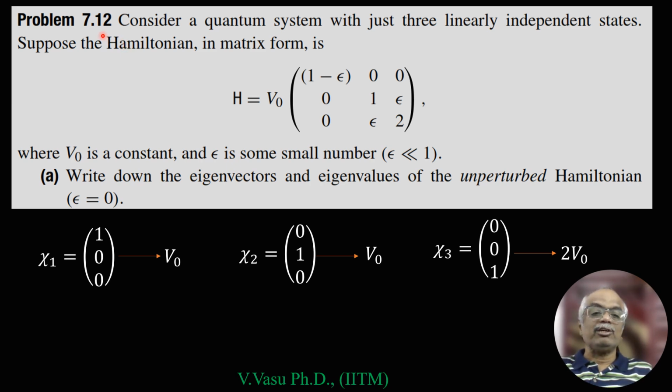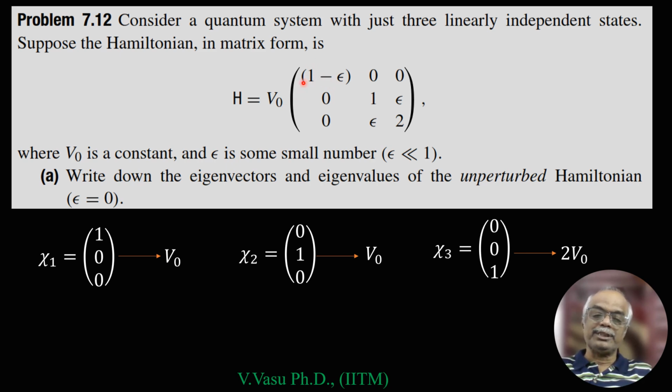Today we will solve problem 7.12 of Griffiths, third edition, Introduction to Quantum Mechanics. The problem is: consider a quantum system with just three linearly independent states. The degeneracy is 3. Suppose the Hamiltonian in matrix form is H equals V naught